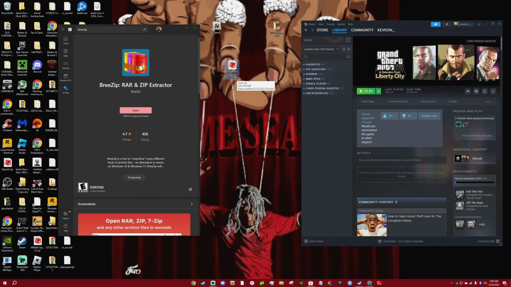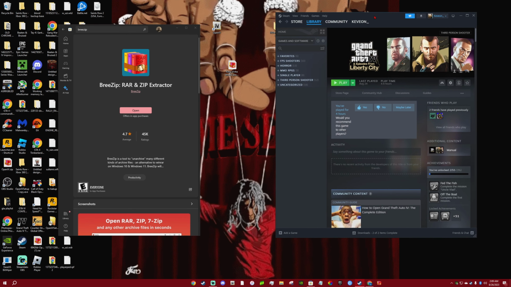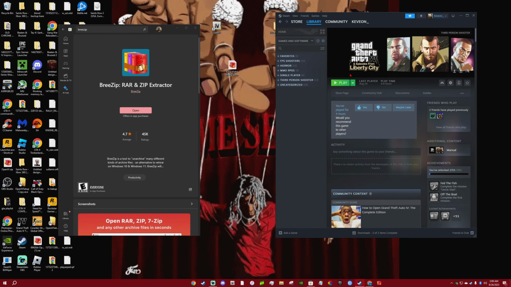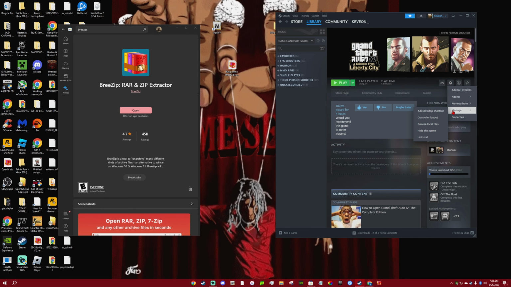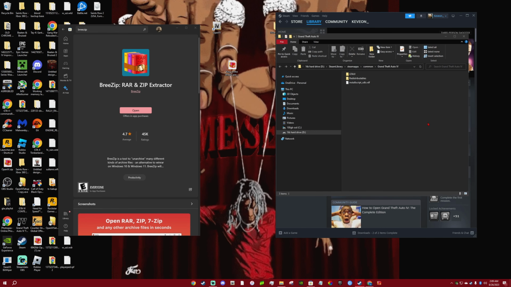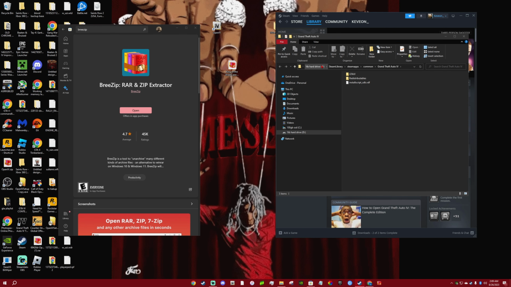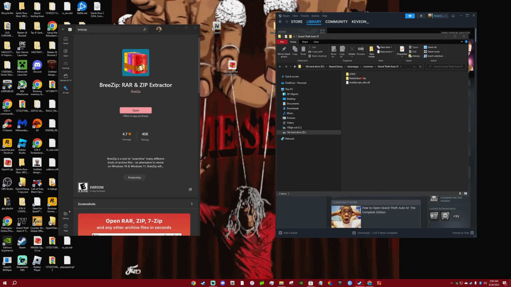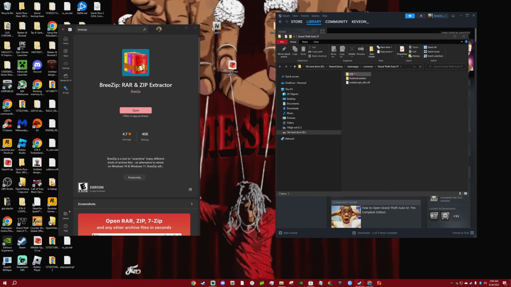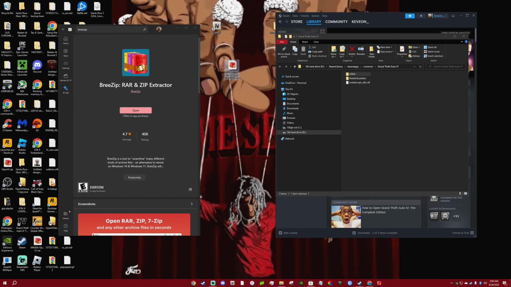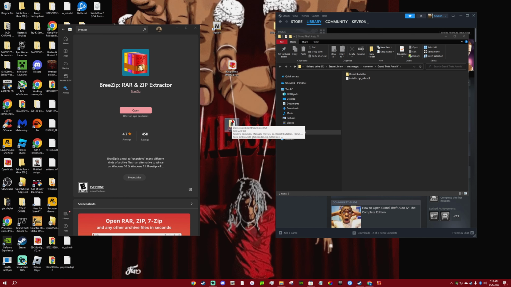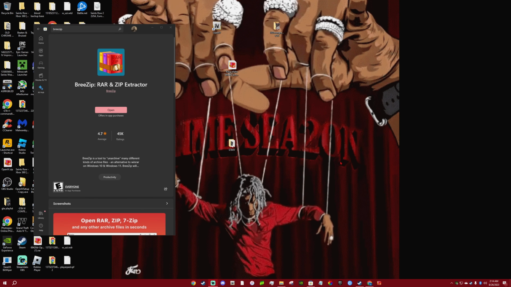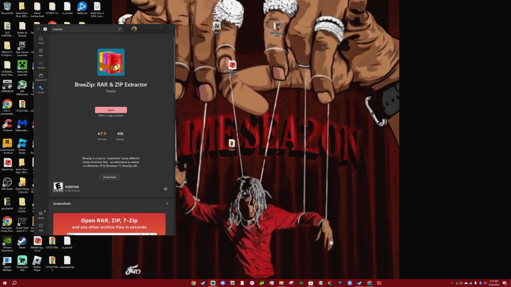All right. So if you downloaded the game on Steam, getting started here, open up your Steam, go find GTA 4 in your library. In Steam, you find this cog wheel over here, go down to manage, go to browse local files, and this is the game. This should be a fresh GTA 4 that you installed, right? I need you to grab this GTA 4 folder right here, grab it and put it on your desktop, or put it anywhere on your computer where you have space to install the game.